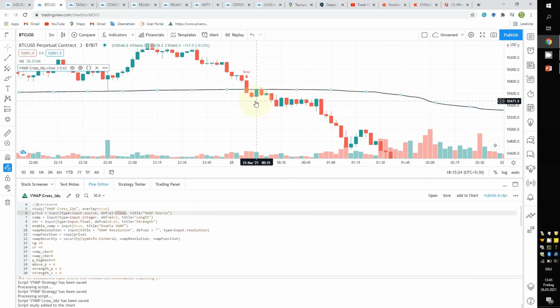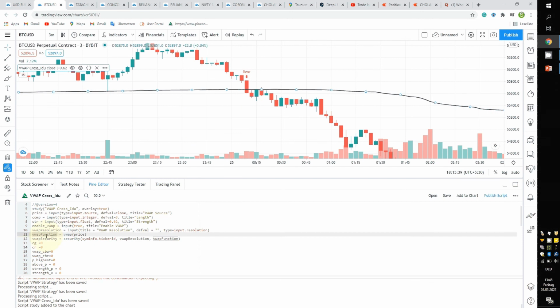So what it will do, it will calculate the price based on the previous closing prices, and then it will calculate for me the next VWAP line. Again, you need not know this. Important is you have this VWAP function. It's not ideal to call it a VWAP function, but let it be. So the VWAP function is nothing but the VWAP price at the given